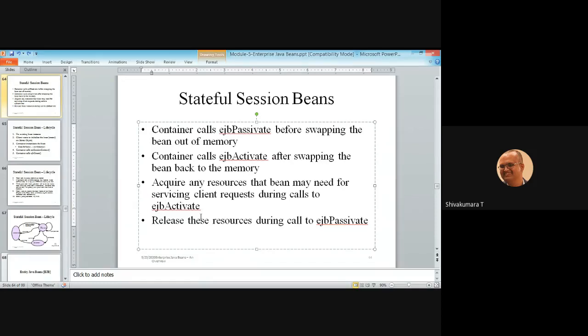Any resources which were used, like the database, another server for a service, or a third party service, and so on, it will acquire again to continue with the current client session by invoking EJB activate. Then finally, it releases these resources during the call to EJB passivate. In EJB passivate, it is releasing the resources. In EJB activate, it is acquiring the resources for continuing the sessions.